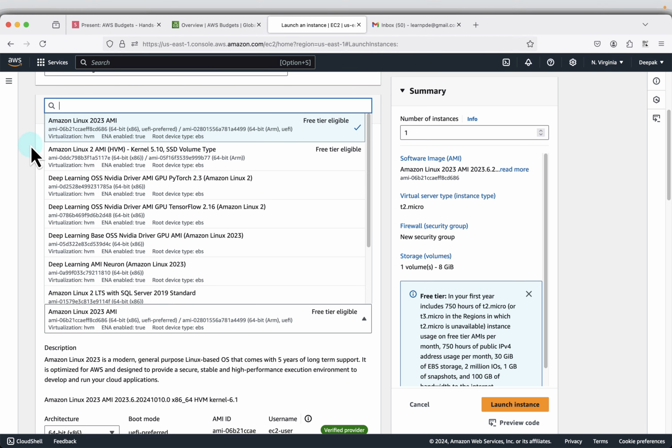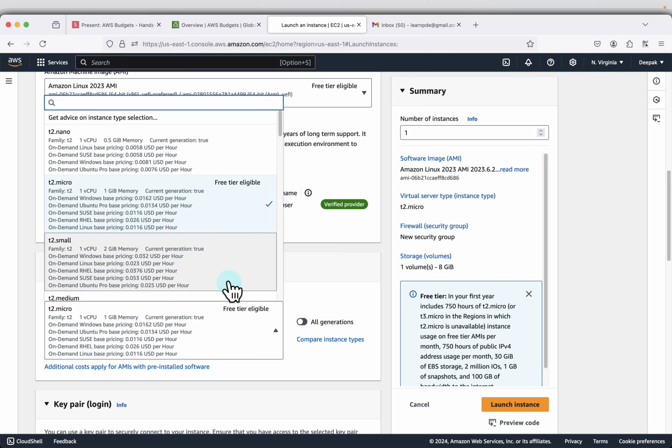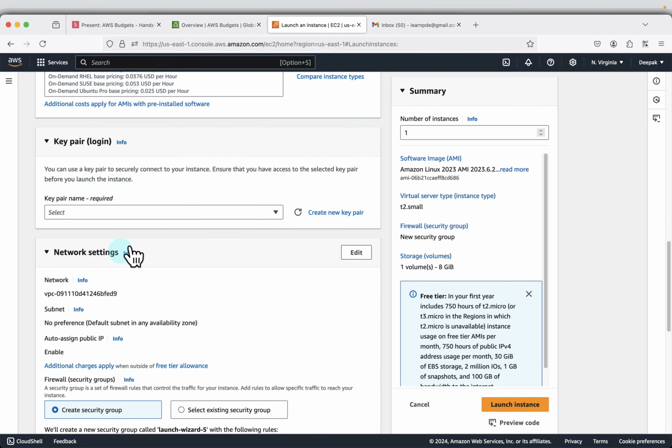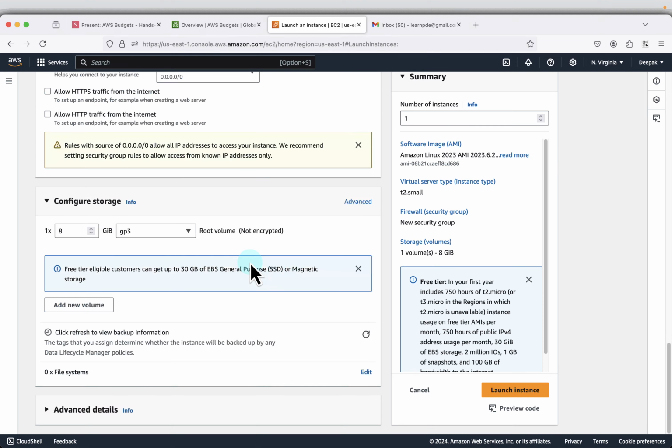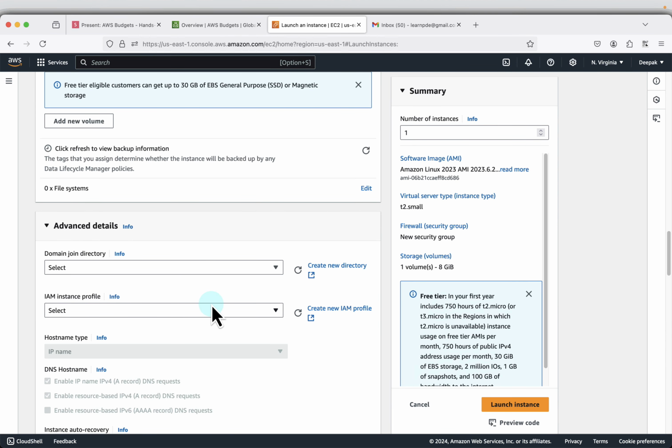So this will be under instance type. I'll just make it T2 small, and you don't need a key pair. Only one thing: it needs Systems Manager automation, so it needs an instance profile. If you click here, there is no IAM role set up, so I can create a new IAM profile. This will open in a new tab,